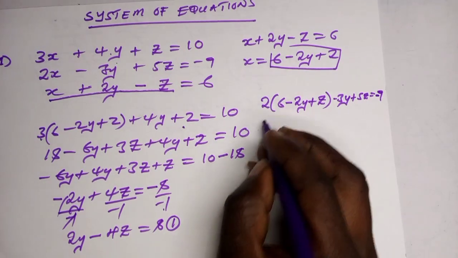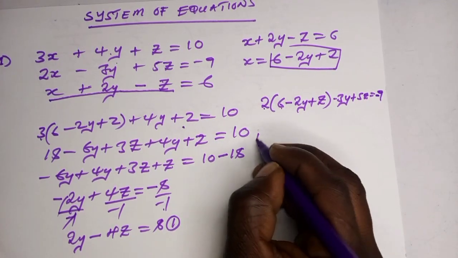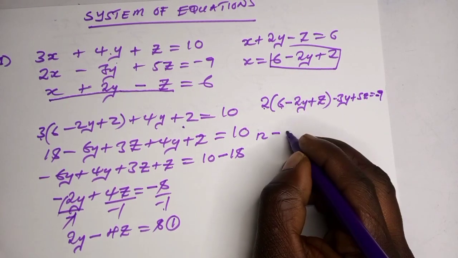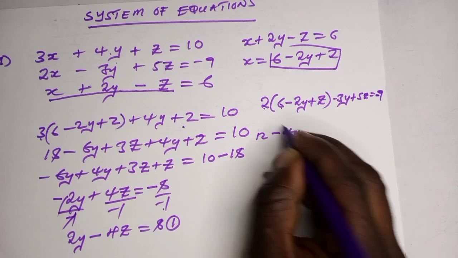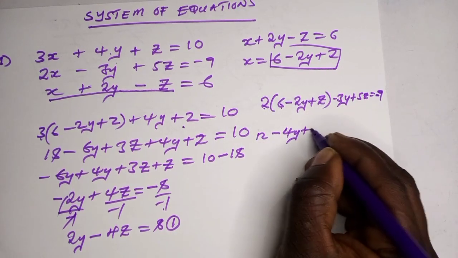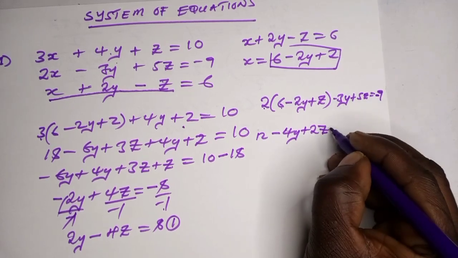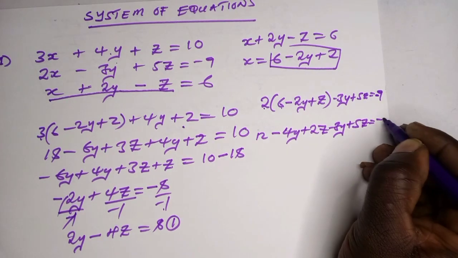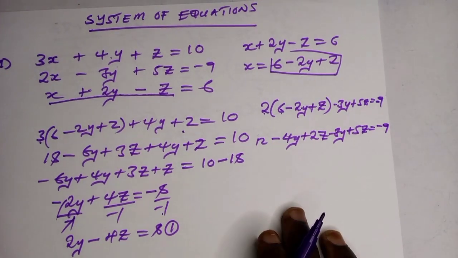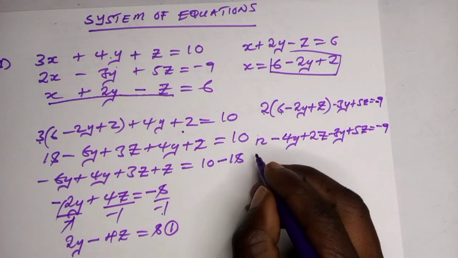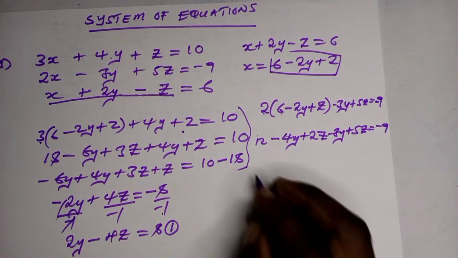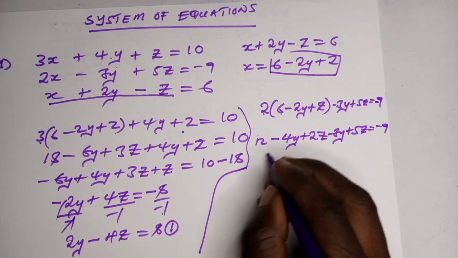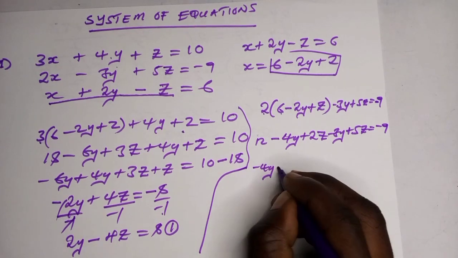Here 2 times 6 is 12, minus 2 times 2y which is minus 4y, 2 times z which is plus 2z, then minus 3y plus 5z equals minus 9. Let's conclude this one. Here we are going to have minus 4y minus 3y,